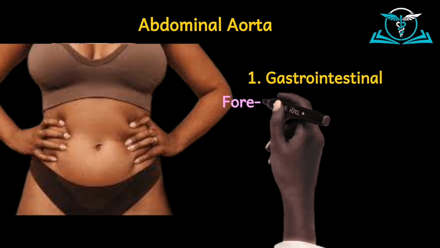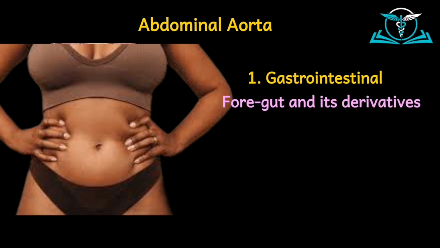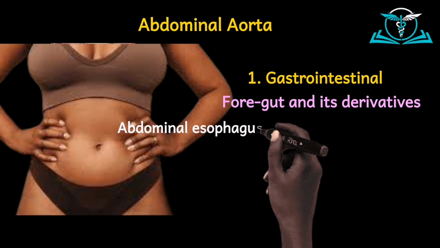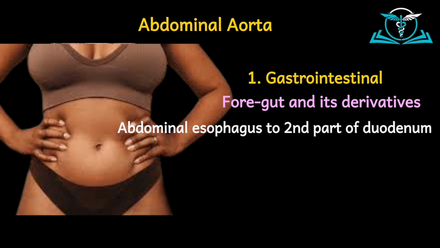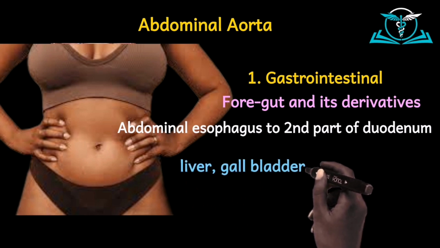And so we want to look at the foregut and its derivatives. As far as the abdominal contents are concerned, the foregut of the gastrointestinal system begins from the abdominal esophagus. There is a part of the esophagus which enters the abdomen, and so from the abdominal esophagus to the second part of the duodenum. That is what makes up the foregut. And so we have the abdominal esophagus, the stomach, the first part of the duodenum, and the second part of the duodenum. Then we have the derivatives of the foregut, which are the liver, the gallbladder, the spleen, and then